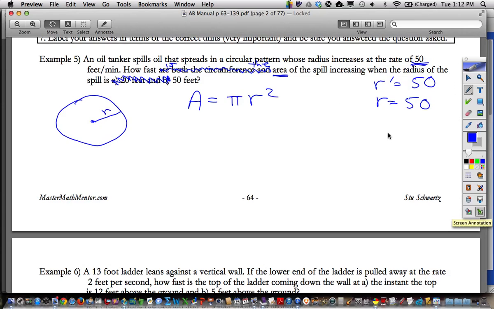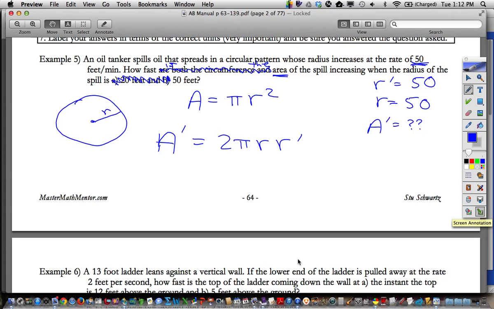And then the other thing I like to do is write down what it is I'm supposed to be finding. What am I supposed to be finding here? What do I call that? So I'm trying to find A prime. So now we're ready to differentiate this. So what's this derivative? Okay, let's write the A prime first. A prime equals 2 pi r